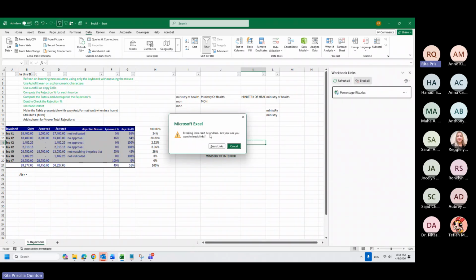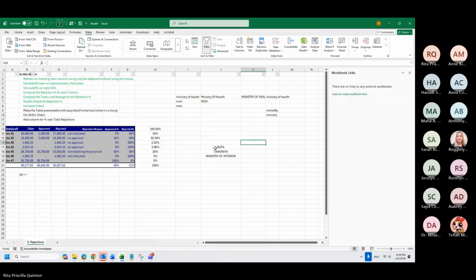Breaking links can't be undone. Are you sure you want to break this? Yes. So now if I go here, now it's text. This is useful for me because most of the time I don't know if my file has a formula that is linked to another workbook.